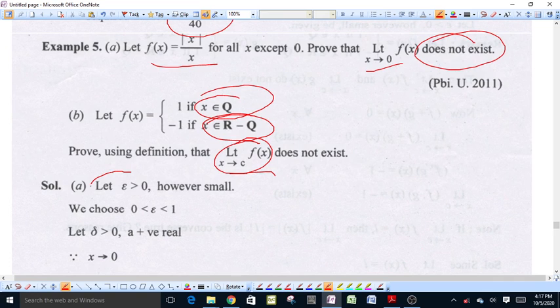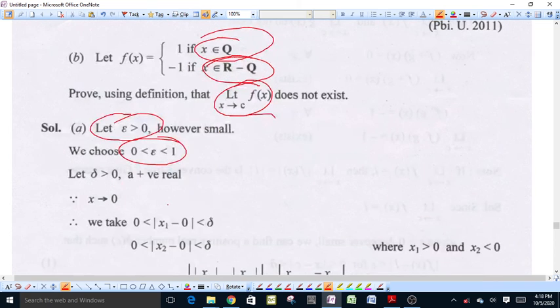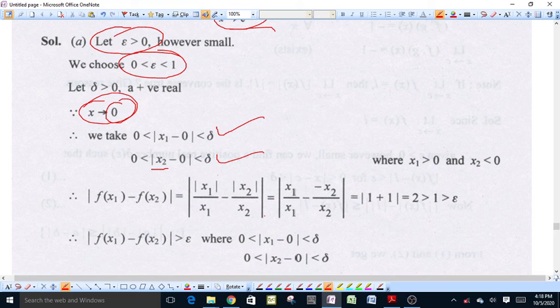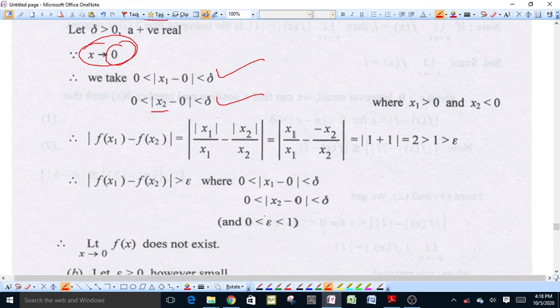Let epsilon be a positive number, however small. Then we choose a delta. Suppose that epsilon lies between 0 and 1, then delta is a positive real number. As x approaches 0, for the point 0, x1 lies in the delta neighborhood of 0, that is |x1 - 0| is less than delta. Also for any other point x2, |x2 - 0| is also less than delta. Now |f(x1) - f(x2)|, by using Cauchy's criteria,